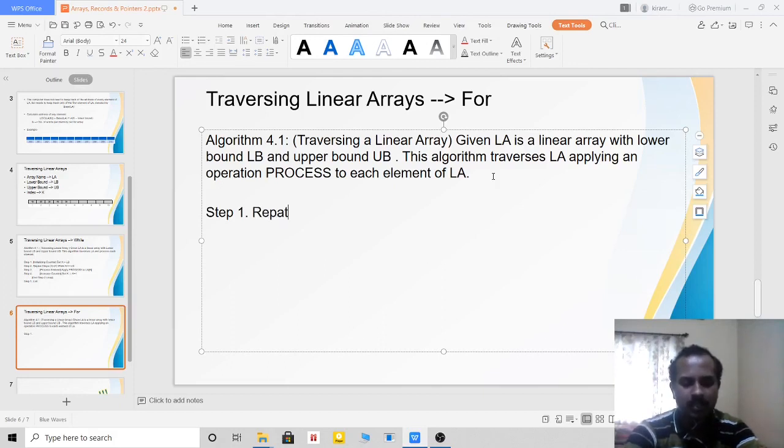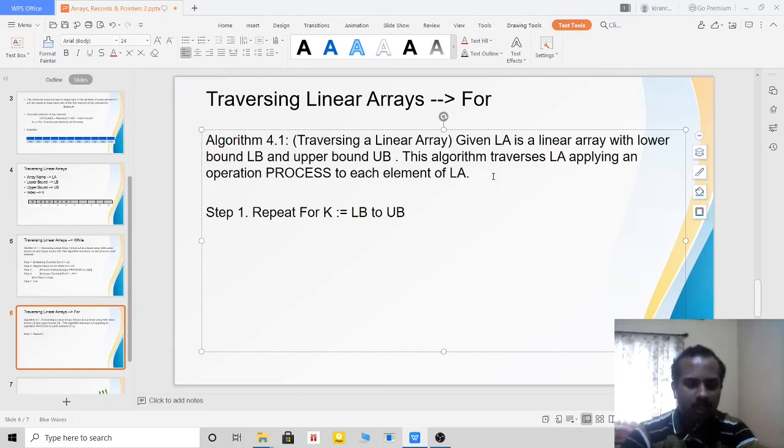When you are writing step 1, since it is a loop, you have to start with repeat for K. Since it's a for loop, I'll use for K is equal to LB to UB.